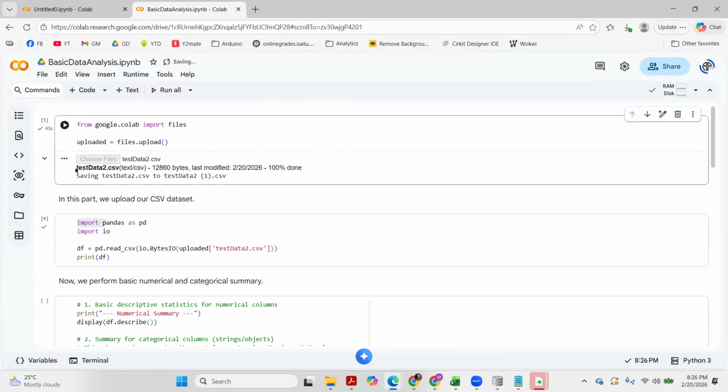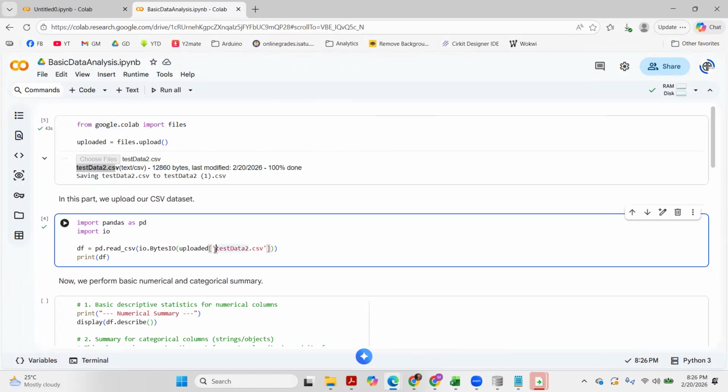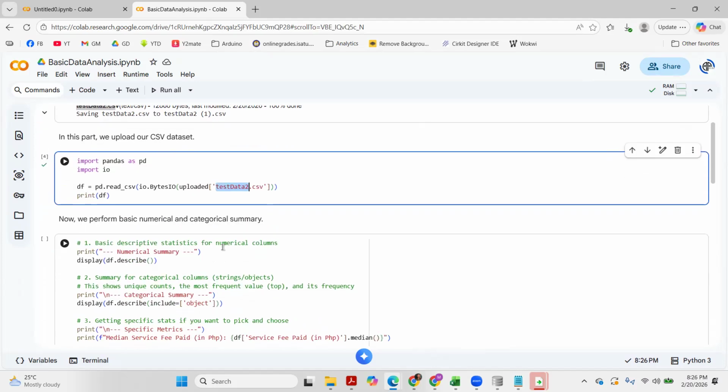Take note of the name of your file because you have to change that in the next one. Whatever the name of your file, you have to rename it here. In my case, it's named test data 2, so that's why the name here is test data 2. Because in this part, we are using the library called pandas to present our data set in a tabular form.